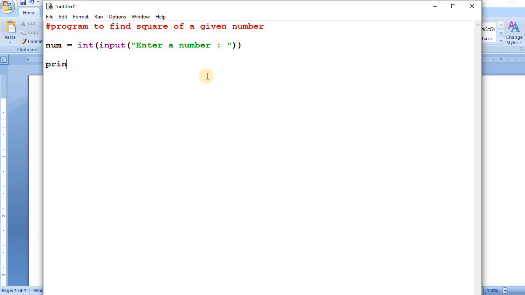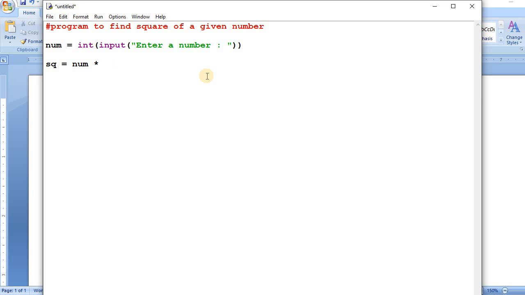And second, you can also save it in any variable, so num multiplied by num. And the third one is we can also use this operator, so num to the power 2.